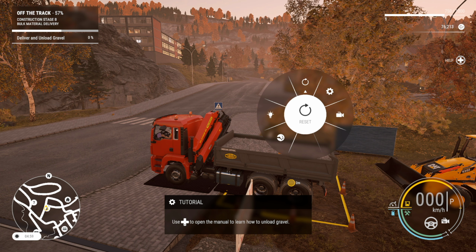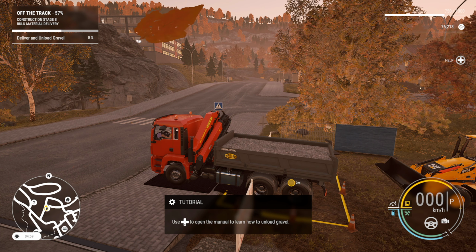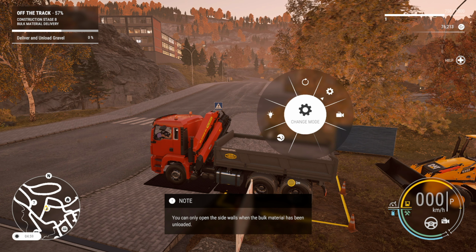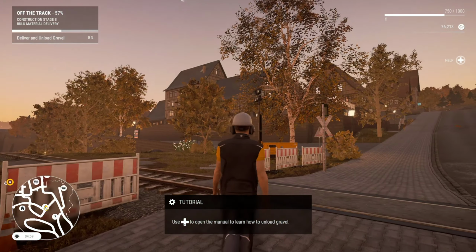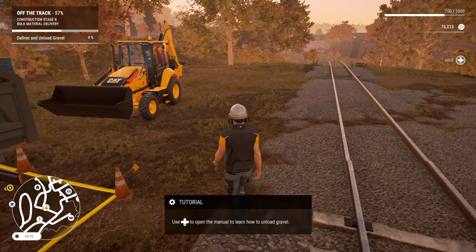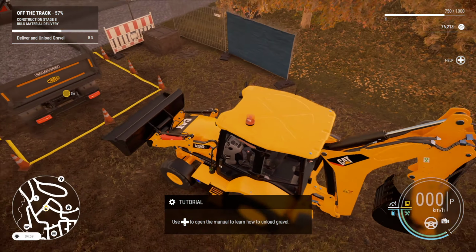Okay, whatever. Open boards. You can only open the sidewalls when bulk. Are you serious? Well, how the freak are you supposed to get... All right, so this... normally... See, I mean, you got this right here, this back loader. So let's try... Let's try freaking...